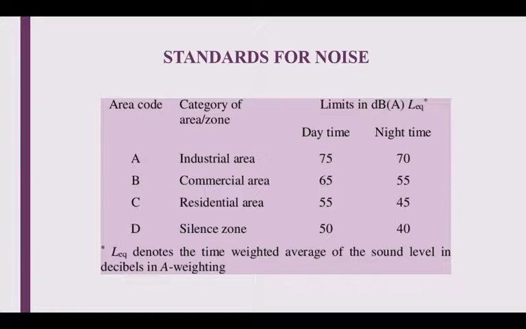So in the daytime, the noise is limited to 75 decibel. Nighttime it is 70. Similarly, the B zone is 65 and 55, C zone 55 and 45, D zone 50 and 40. So that is all about the standards. So you have to draw these tabular columns in your book, and all the tabular column values have to be